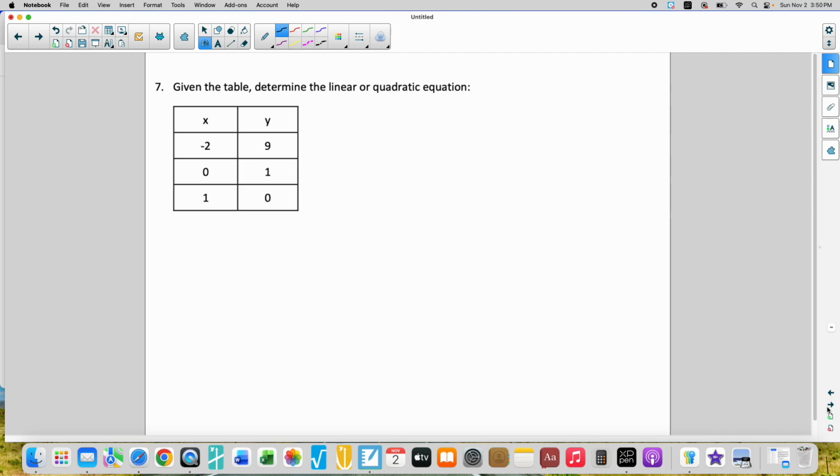Given the table, determine a linear or quadratic. We can graph it, or we can see that the rate of change is constant. So that is plus 2, this is plus 1, this is minus 8, this is minus 1. If we write it as a slope, y over x, you get negative 8 over 2 and negative 1 over negative 1. That's positive 1. So a slope of 1, and this is a slope of 4, so it is quadratic